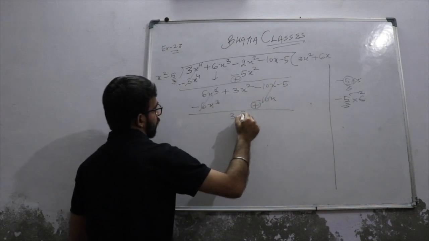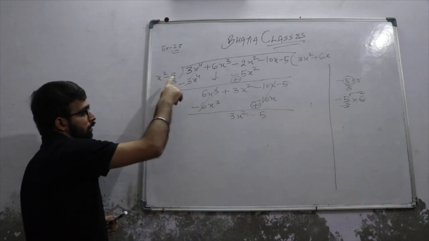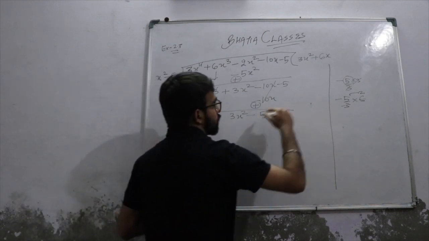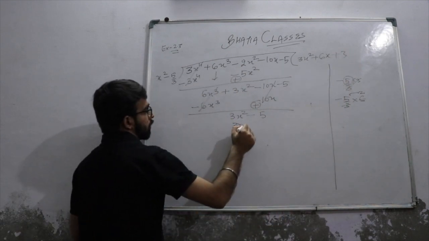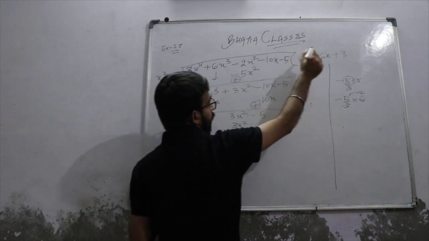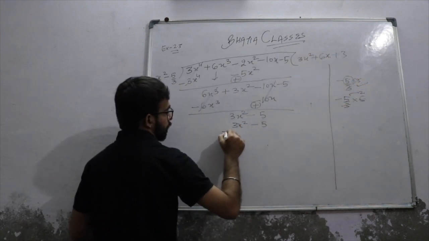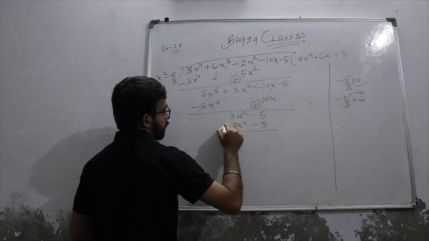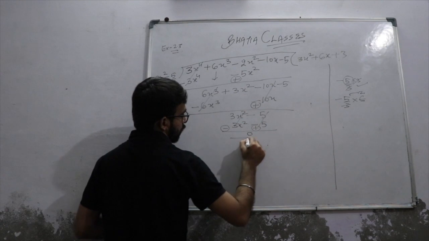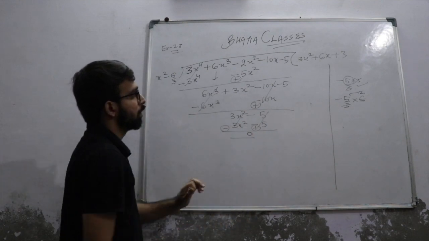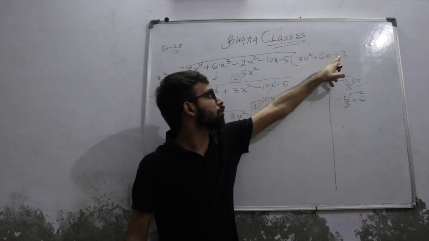3x square minus 5. x square, here you can see 3. So this will be multiplied by 3. 3x square. 5 by 3, multiply 3 as we have done earlier. This will be minus 5. Minus plus. Both are cancelled out. You got 0. Now you can see this is the quotient, 3x square plus 6x plus 3, which is